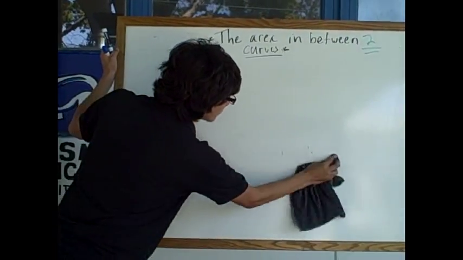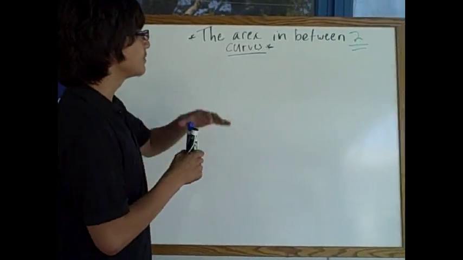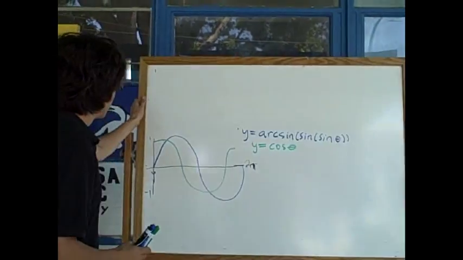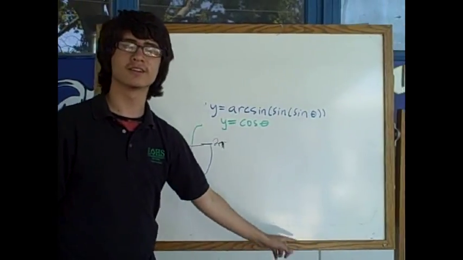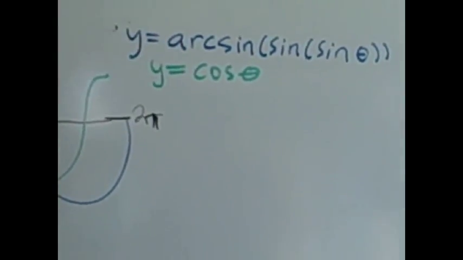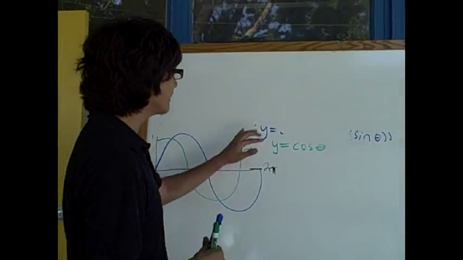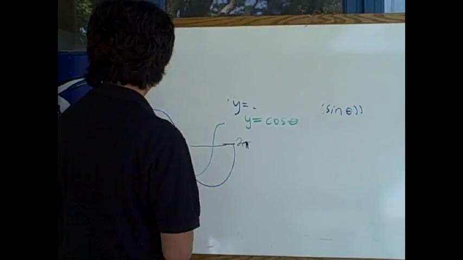So I'm going to give you a problem right now. And this is really going to teach you that the area between the two curves is the top curve subtracted by the bottom curve. Let's look at this example right here. y equals arcsine of sine theta. And you guys are all good trig students, so you already know arcsine of sine is just canceling out, so you have y equals sine theta. Ha, I tricked you. So you want to find the area in between all of these curves, and let's say it's from 0